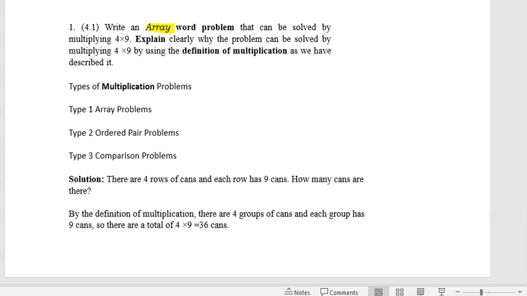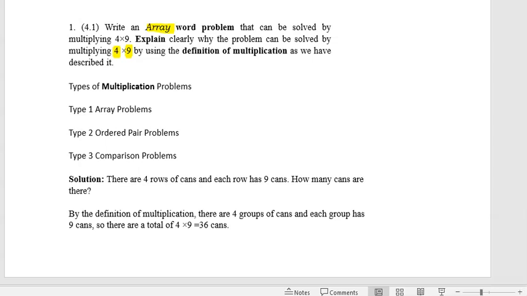Array problem usually has rows, and every row has a certain number of things, or you have groups, and every group has a certain number of things. So, for example, we could say there are 4 rows of cans, and each row has 9 cans. So how many cans are there? So that's 4 rows times 9 in each row. And also, we want to use the definition of multiplication to describe why this problem can be solved